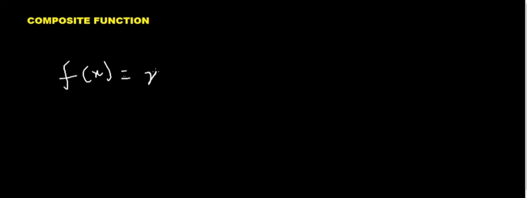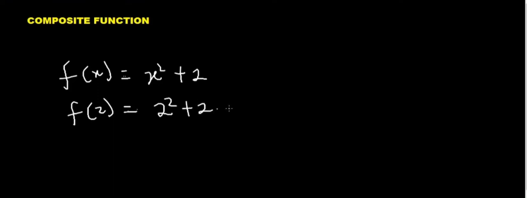For example, if this is equal to x squared plus 2, that means if I want to have f of 2, that will be 2 squared plus 2, and that will be 6. Now, in this case, we want to do something that is in a composition form,